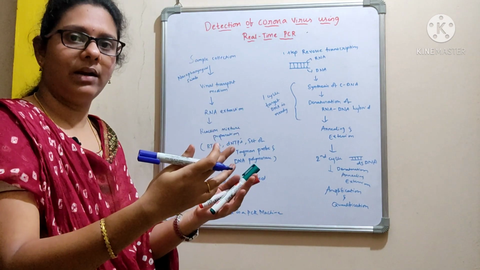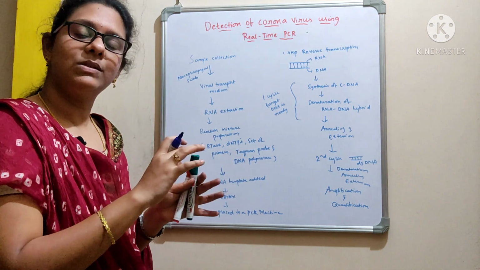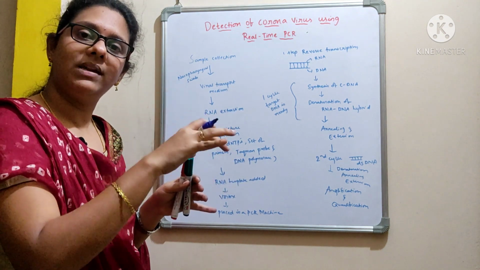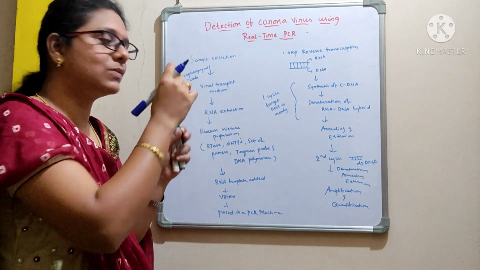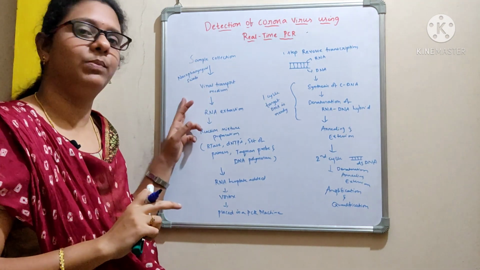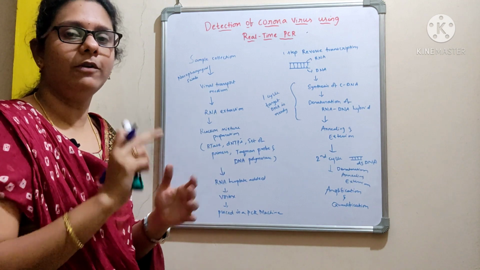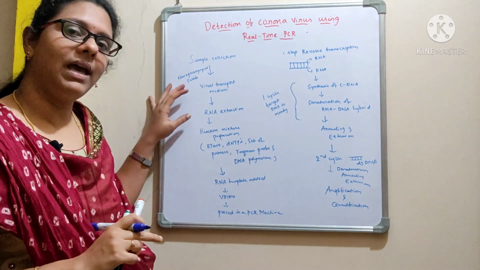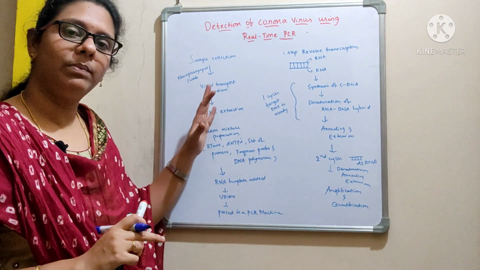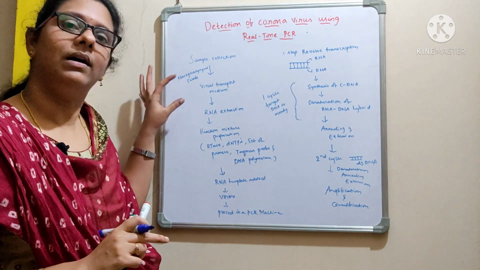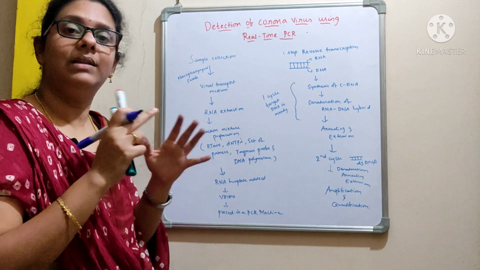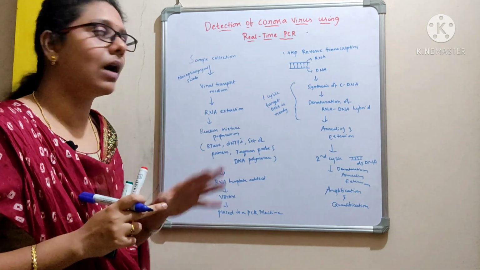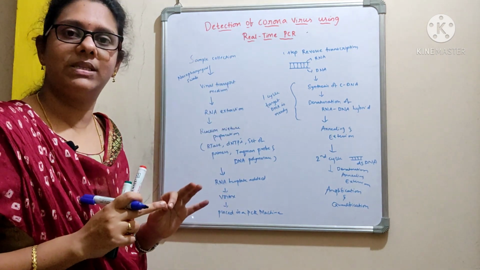Sometimes it may get delayed also. In those cases we need to maintain the virus in a viable condition. So we generally suspend those swabs in a viral transport medium for the purpose of transportation. This viral transport medium may or may not contain the virus, which we are now going to detect with the help of this real-time PCR method.